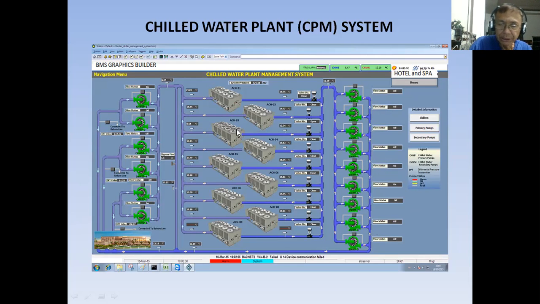Now, in some engineering tools or BMS graphics builders, you will not be allowed to put so many points in one graphics file or in one graphic display. There is a limit to the information that you can put in that graphics file. So if you are designing a big graphic file, you have to limit your monitoring points.